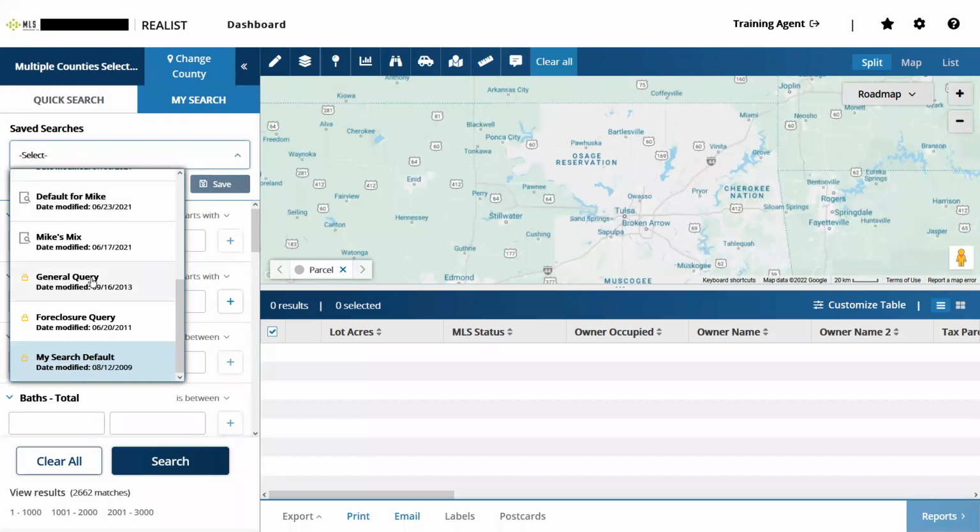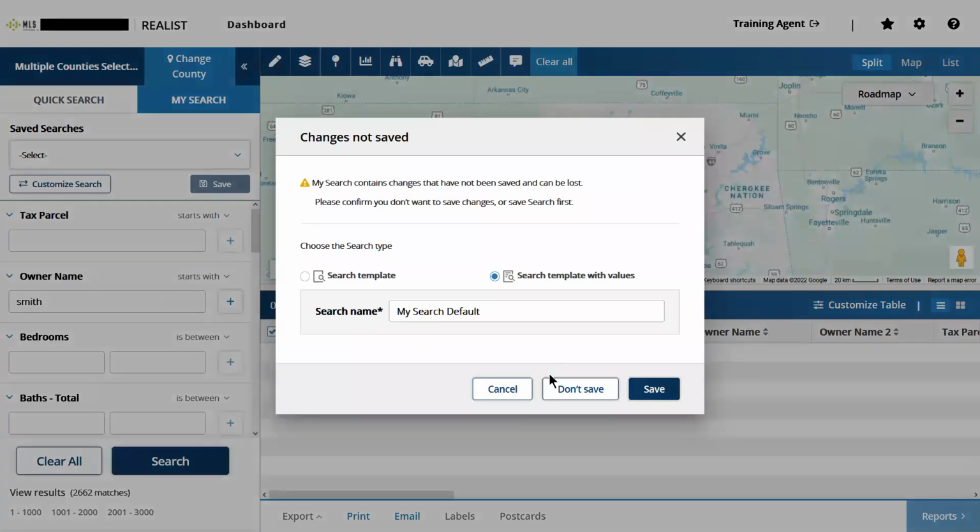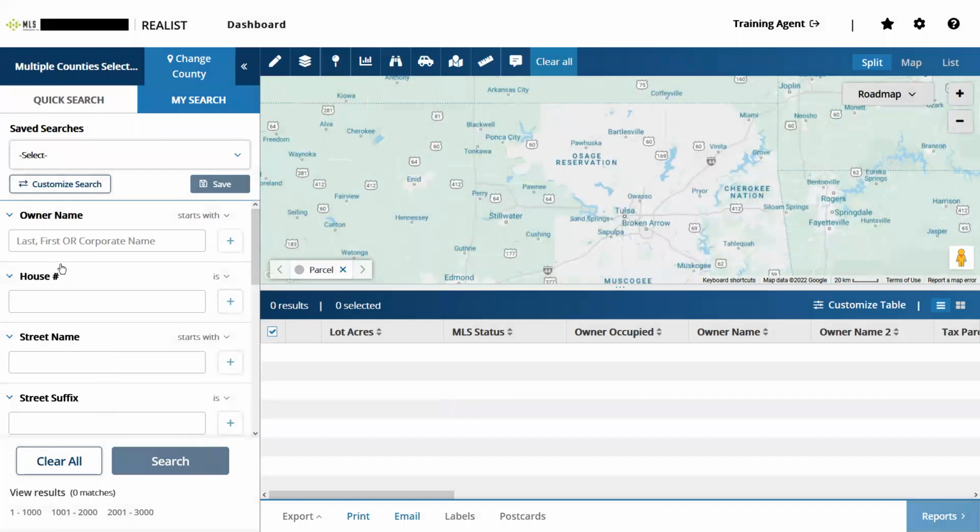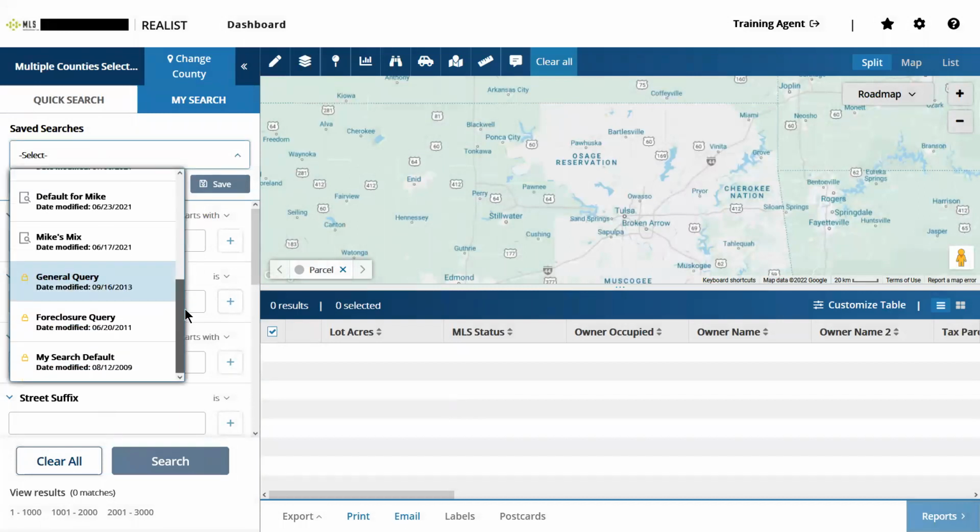But for now, I'm just going to use this general query option. Let's see, there we go. The general query is actually a system default. You notice this little golden padlock on that, and the foreclosure query. Depending on how long you guys have been around, you may also even see this My Search default. But the general query and foreclosure query should be there by default, with that little golden padlock indicating